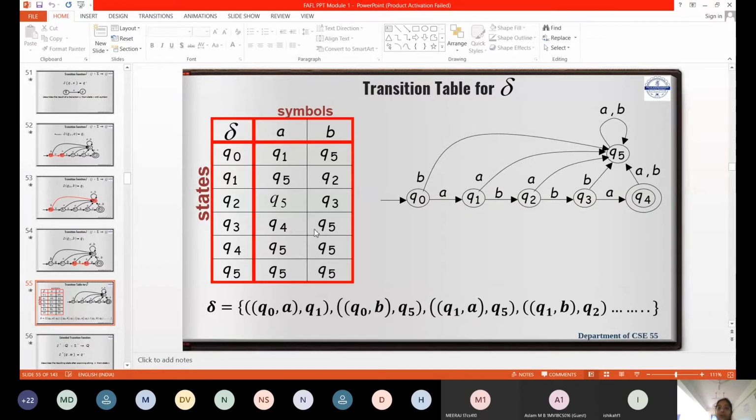Any language which you get in a question paper or from my side, you have to represent that language by building the DFSM like this, and then write all the quintuples. What is big Q? The set of all states: Q naught, Q1, Q2, Q3, Q4, Q5. Then the set of all input symbols, initial state, final state, and transition function. Everything you have to write for each and every question which you get.